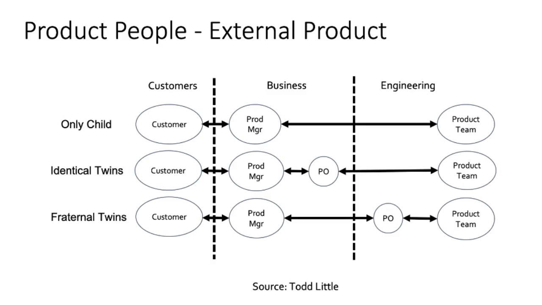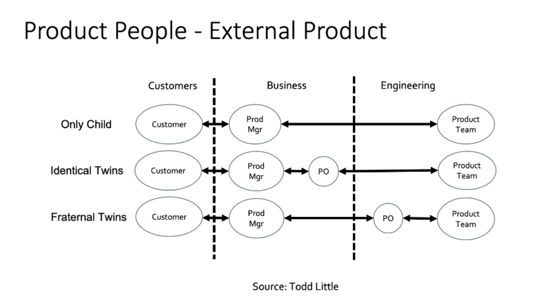Now that you have two primary product people roles, the question becomes, how do you organize the people that fill those roles? This is where the diagram that Todd Little put together to explore product roles in his organization comes in handy. This diagram, modified from Todd's original, shows that there are three primary models to apply specific titles to these roles. The models differ in the number of product people that sit between customers and the product team and what organization those product people report through.